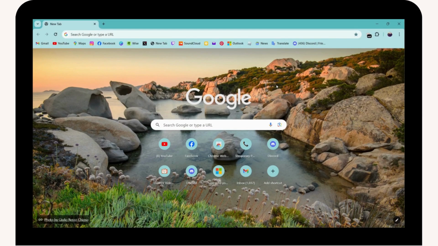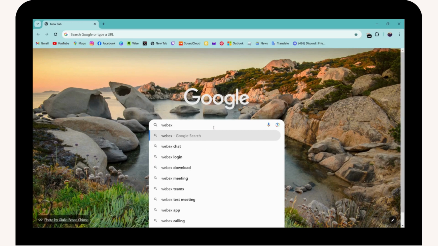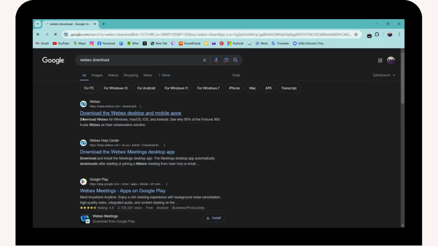WebEx meeting application, then what you can do is open up a browser, any browser which you're comfortable with. And I'm here with Chrome browser. Simply go for the search and then search for WebEx download. And once you've searched, here you will have download the WebEx desktop and mobile app. So you can simply go for the first search, which is